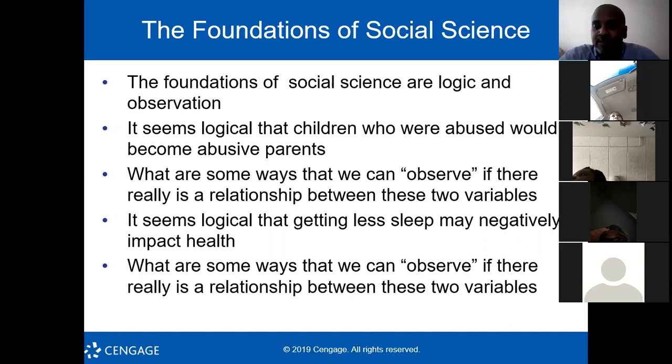There we go. That would be the best way to observe it, Janiyah: people have to actually see. So if she had a brother around the same age who saw how they were treated, and then grows up and sees how she treats her children, he may be able to say, that's the same thing Mom was doing to us. But for the most part, it's going to be very difficult for people to see those relationships, right? Because they're not going to be able to see the whole picture.